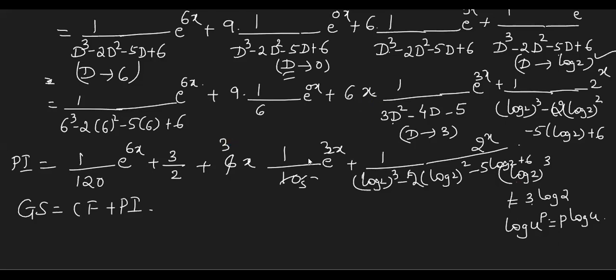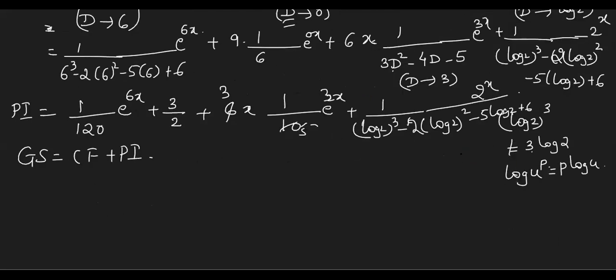See what we applied here. If there is a constant, the exponential help has to be taken as e raised to 0x. If you have a constant raised to some x format, it has to be taken as e raised to log function help.